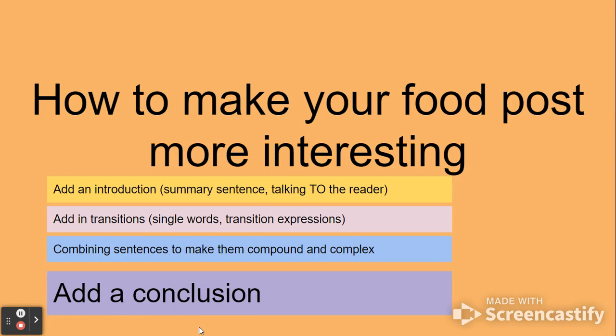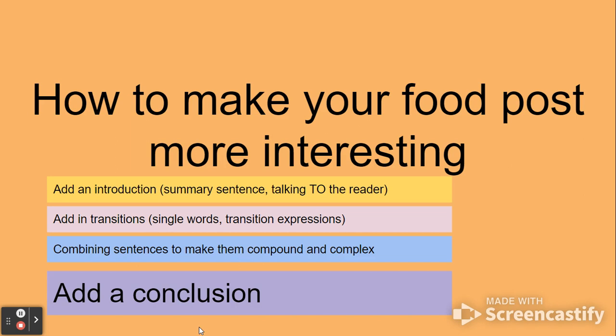Yesterday we talked about how to make your food post more interesting by adding an introduction. That could be with a summary sentence or talking directly to the reader. We also mentioned different transitions: primero, segundo, tercero, luego, entonces. Those are single words. You could also say 2 horas más tarde, 2 horas después. Those are transition expressions. We also mentioned combining sentences to make them compound using y and pero, and complex using